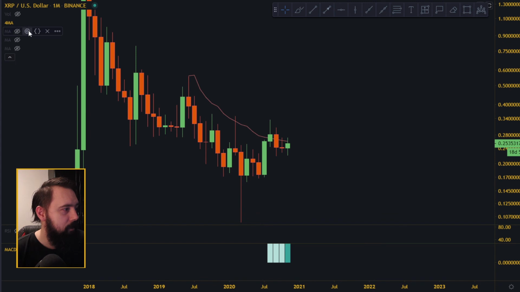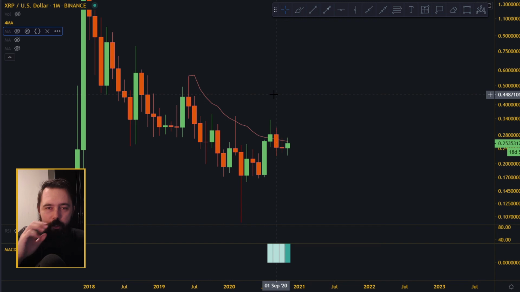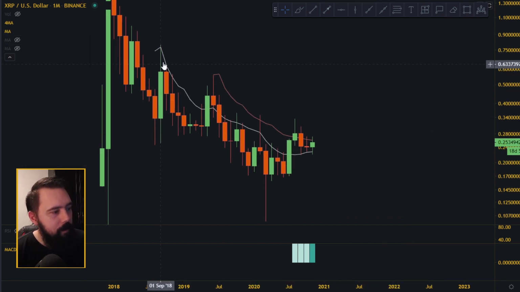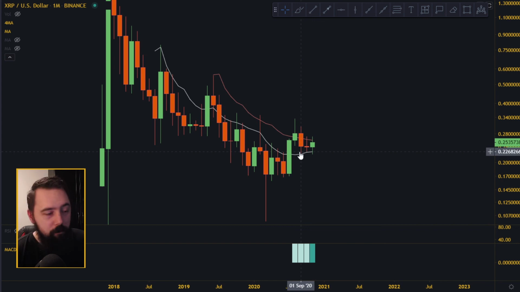Now I'm gonna look at the 10 moving average, and the 10 moving average is also important for a real short term to see if it's above or under it, and especially on the monthly. And as you can see, the yellow one is the 10 moving average, and only here it got above the 10 moving average. Everywhere else it just tried it but could not get above the 10 moving average. The fact that the price on the monthly has come above the 10 moving average, it held the price above the 10 moving average, tried the 20, went back, retested the 10.